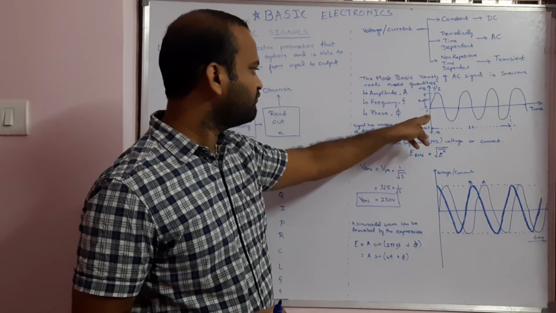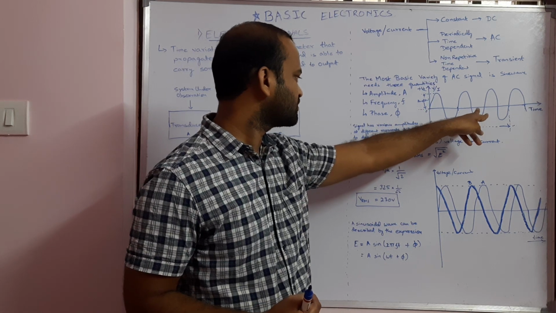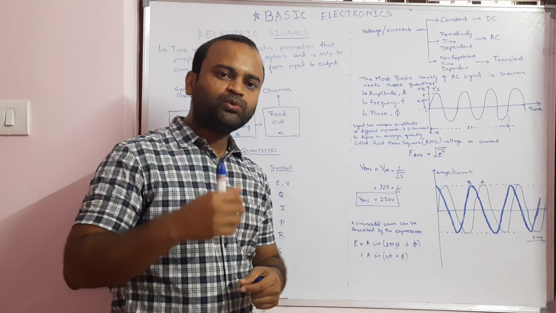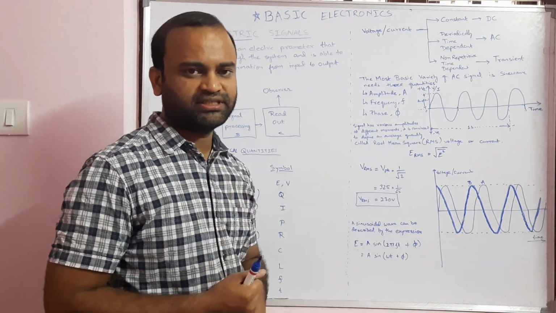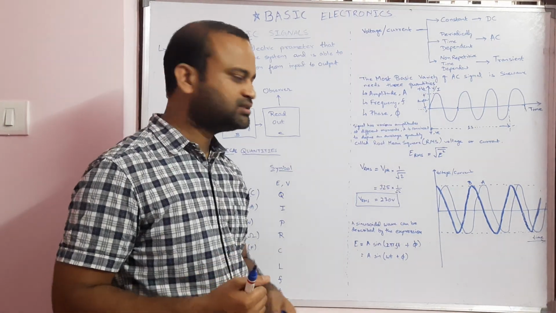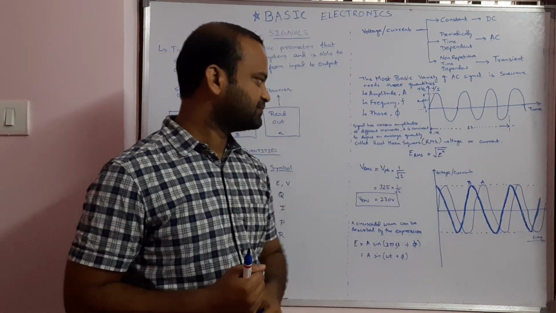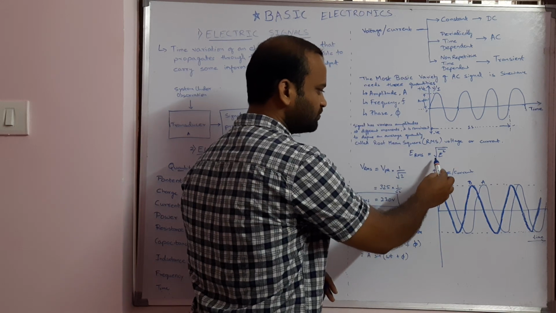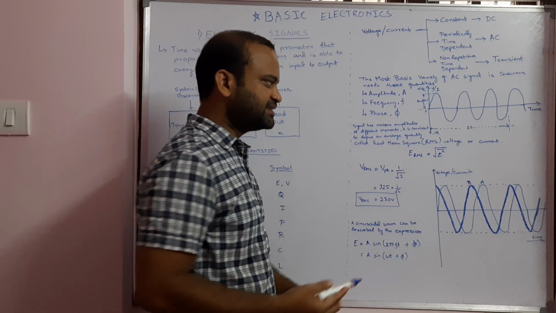This signal has various amplitudes at different moments, and hence for any signal, it is convenient to define it in terms of its average quantity. That average quantity is called the root mean square, or RMS, voltage or current, whose formula is E_RMS equals the square root of E squared bar, where the bar is the time average.